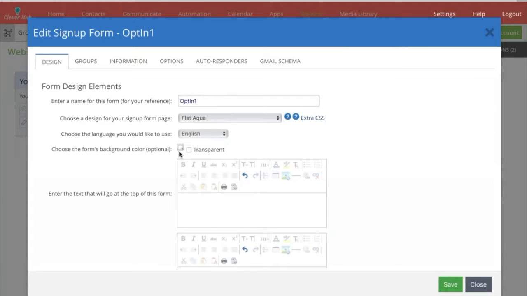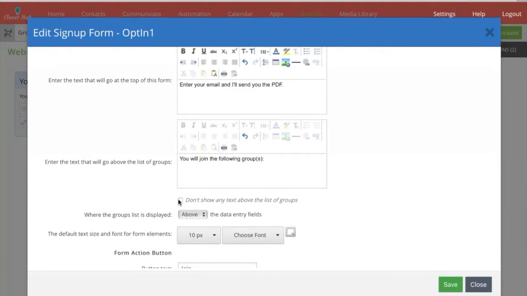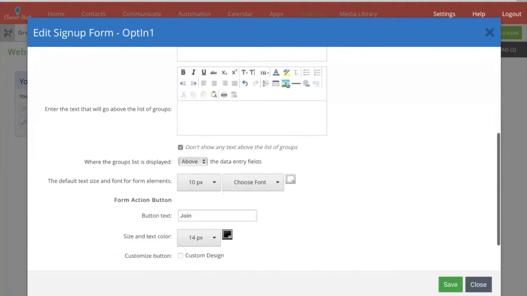and I want the background to be transparent, yes. And then at the top, I'm going to say enter your email, and I'll send you the PDF. Maybe it's a quick start guide of some sort, or maybe an ebook. And then I don't like to show any text above the list of groups because I just want to focus on this. So I delete that,